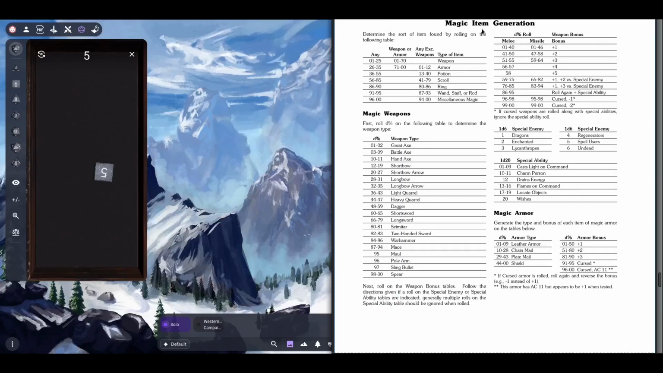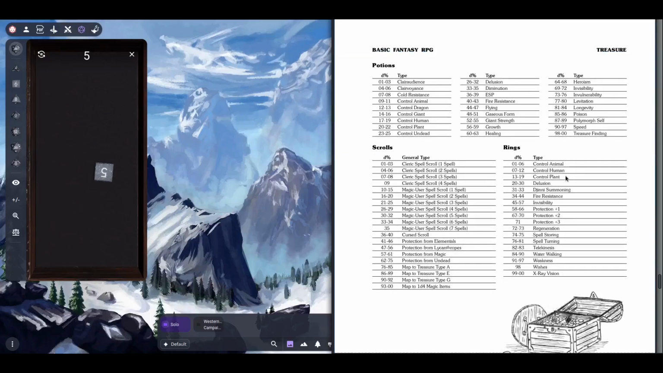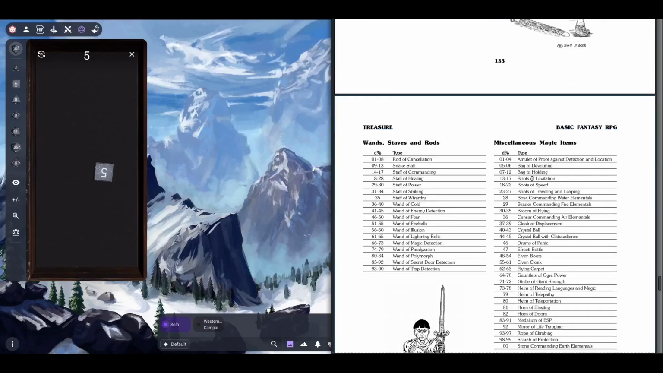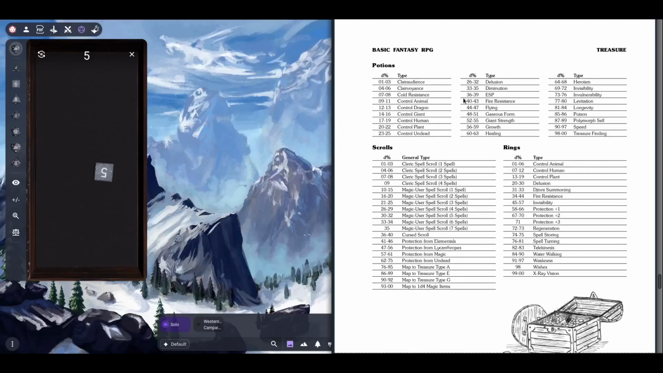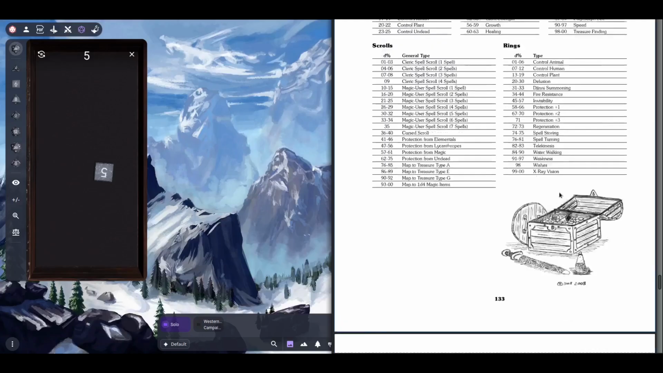So here is the magic item generation section in the book, in Part 7, Treasures. See, these are weapons and armor. We don't have any of that. Could be a potion, could be a scroll, could be a ring, or it could be any of these miscellaneous magic items. Okay, I think what I'll do, since there are 5 sections, 4 items,